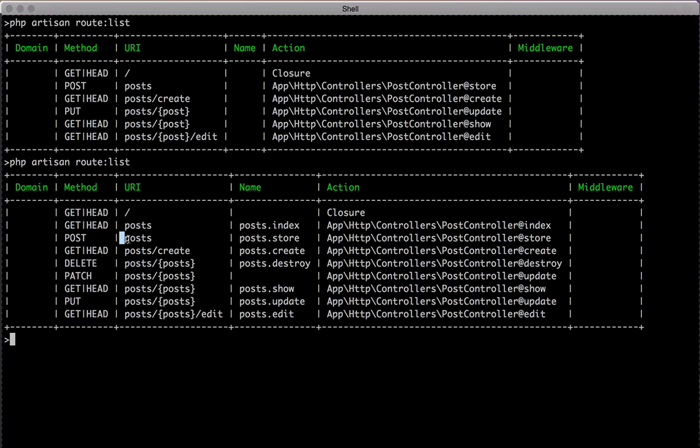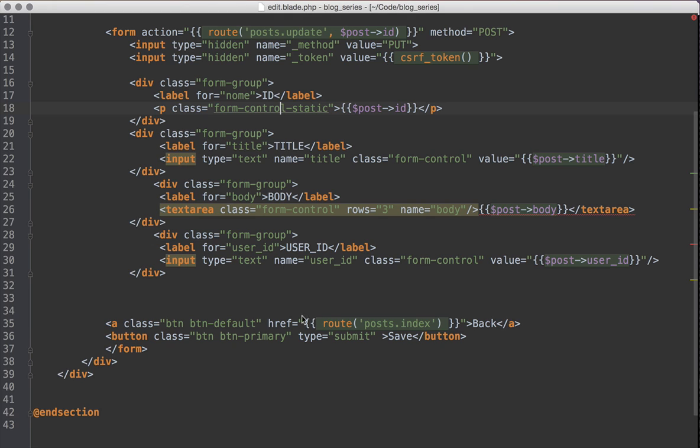Unlike Drupal, I can use post for both my get and my actual post methods. But I could have done anything, and inside of my views, I can use shortcut methods, because they do a whole bunch in here where they're like, hey, you're in edit mode, but maybe you want to go back, so I'm going to give you a link that goes back to the post index. That's what I'm talking about right there. So you just literally you're building it inside the